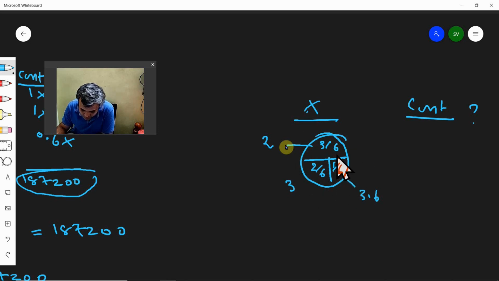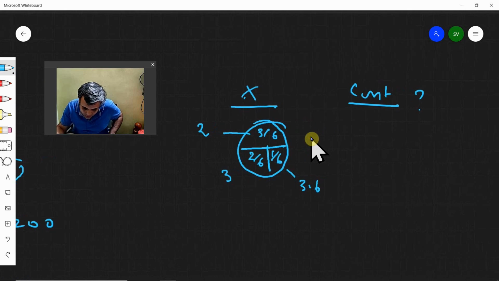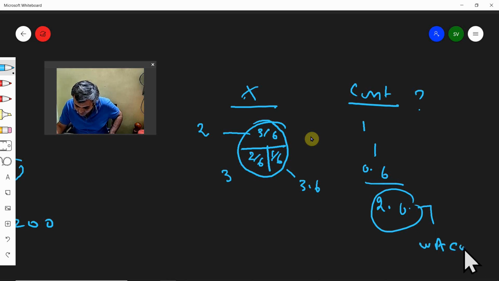So for every one single unit, concentrate: 50% of 2 is 1. 1/3 of 3 is 1. 1/6 of 3.6 is 0.6. On an average, X is capable of earning 2.6. This is what we compute when we straight away compute the weighted average